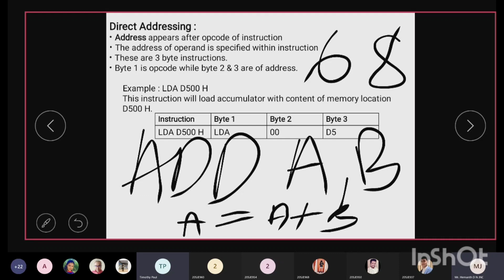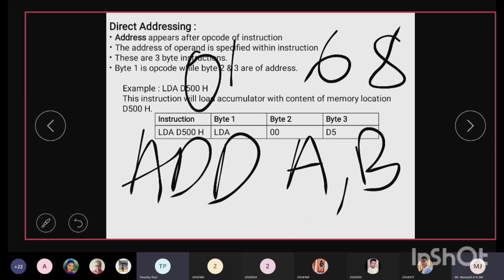You would get 14, but as it is converted into hexadecimal, the answer will be 0EH. The answer for 6 plus 8 will be 0EH.